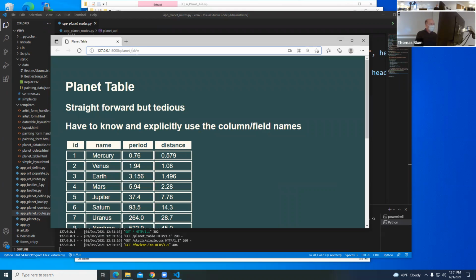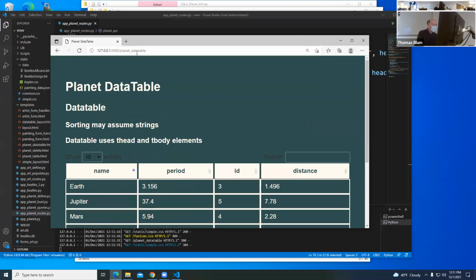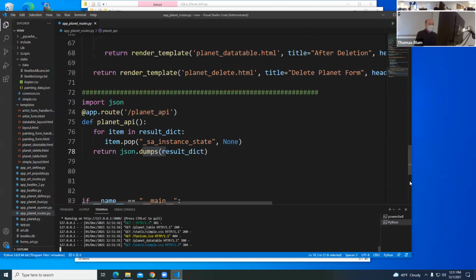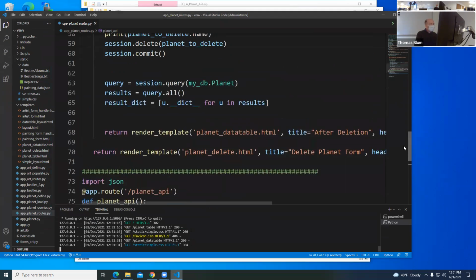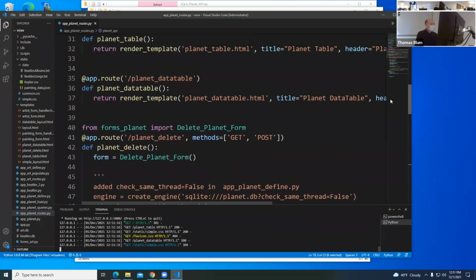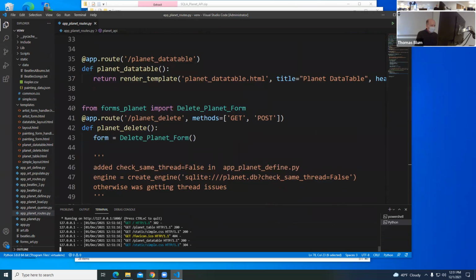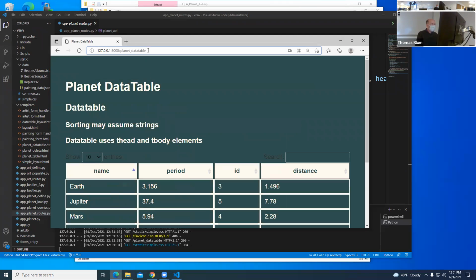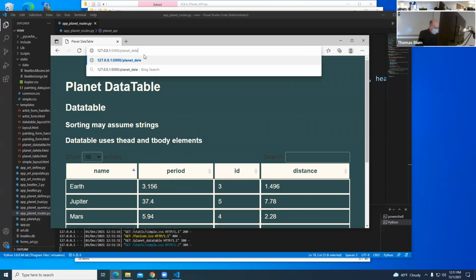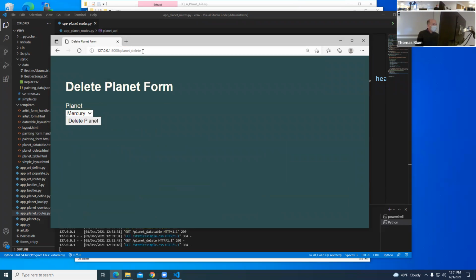I also had a data table. And now I've had a delete. So this is reminding me what we had already. So I can delete any of my planets. Looks like Pluto's already gone. And I have now an API.